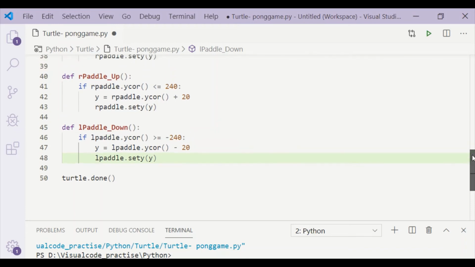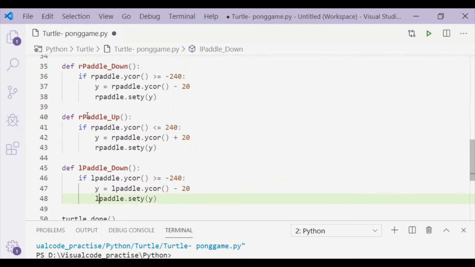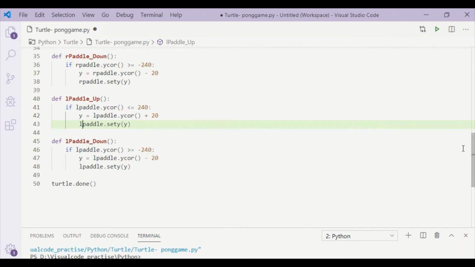So we have made 4 functions for pedal movement, up and down for right side and left side. Before moving these pedals, we are going to check their validity of y coordinates.